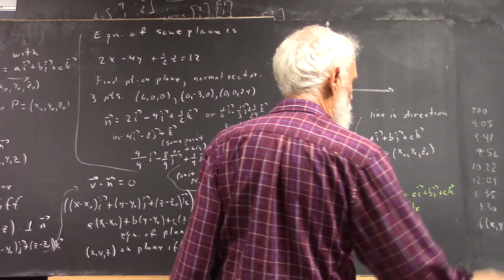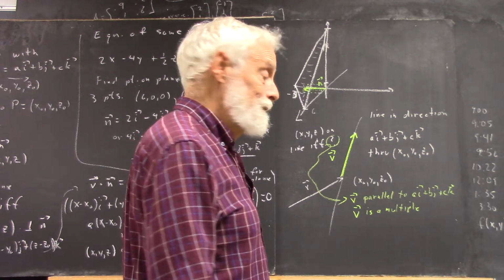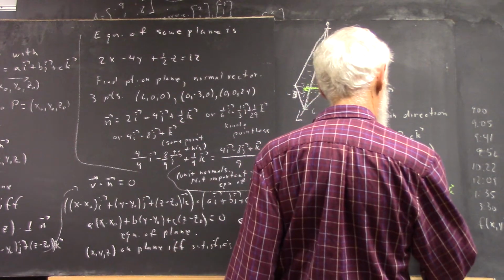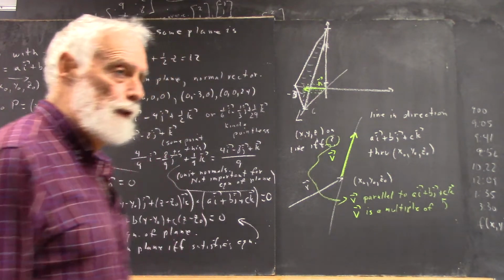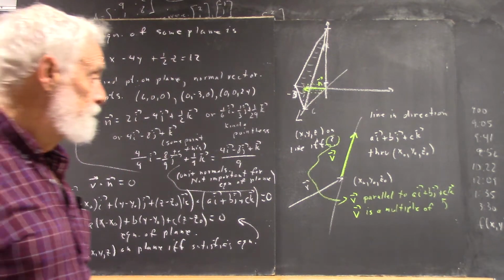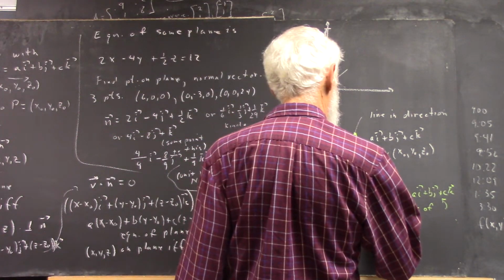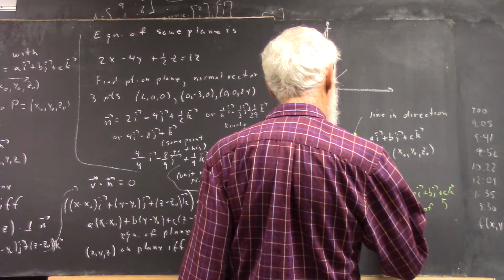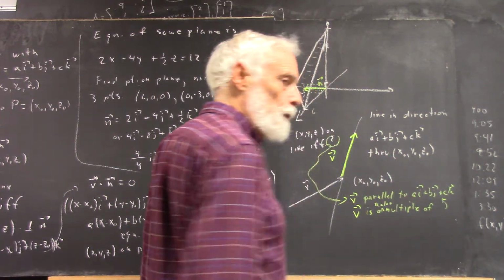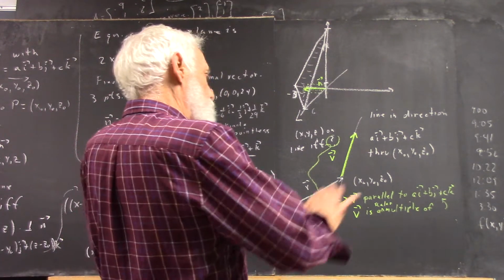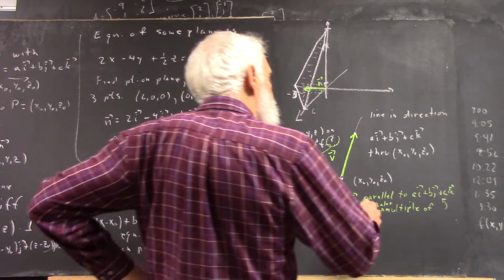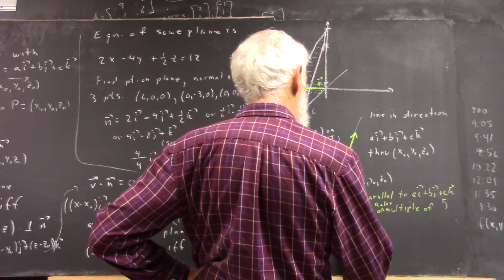And by a multiple, I mean a scalar multiple. V is a multiple of this vector, right? And I'll put the word scalar in here because officially you need it. But that's what most people will understand if I say a multiple, okay? Trying to be a little intuitive here. Or